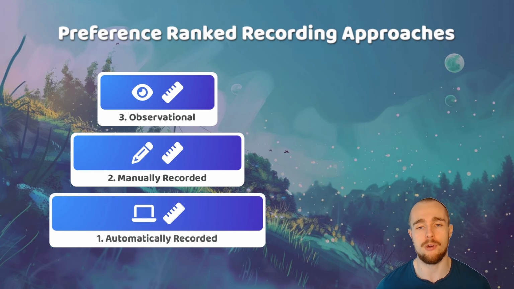All the contribution recording approaches mentioned previously could be used in combination to help with recording someone's contribution efforts. These approaches can also be ranked in preference. The number one preference is automatically recorded contributions, due to how it makes it easier and faster to create and verify contribution logs. Automatically recorded contributions can help with reducing the risks around incorrect or exaggerated efforts if those same contributions were manually recorded. Automatic contribution records can also help to reduce or even remove the time needed for a contributor to record their contribution efforts. Where possible, contribution efforts should ideally be automatically recorded.